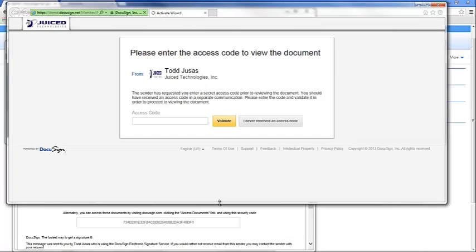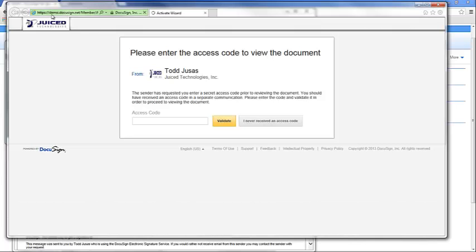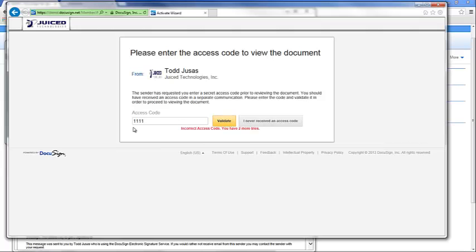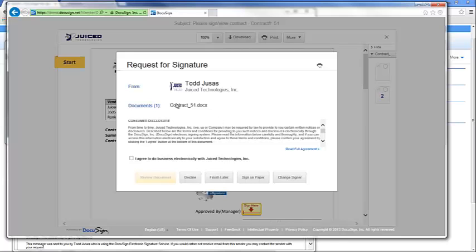So I'm actually in DocuSign right now. You can see going to the DocuSign website, and it's basically asking me to enter that access code that we entered on the create envelope screen. And if I enter the wrong access code, you'll see that I can't gain access to that document. But if I enter the correct access code, I can take a look at that document. So I'm going to accept the terms of DocuSign's agreement,